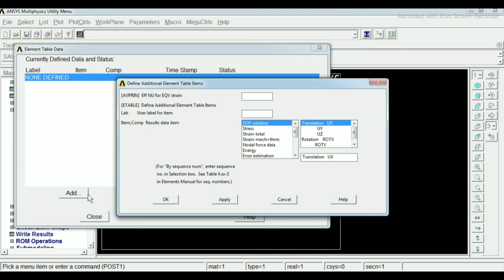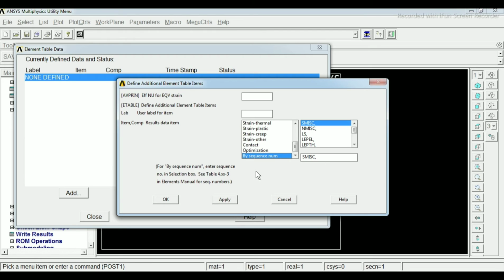Then add an element. There, click on by sequence number, and we have to give the SMISC value. We have to give all the data.